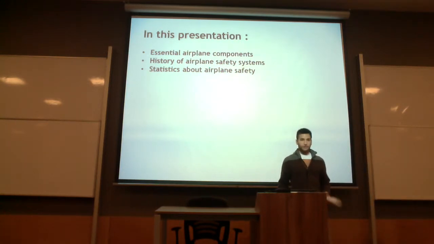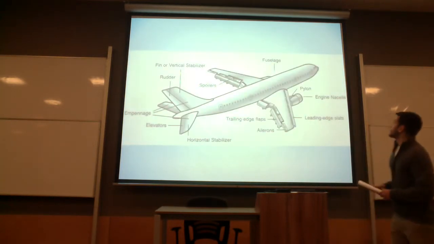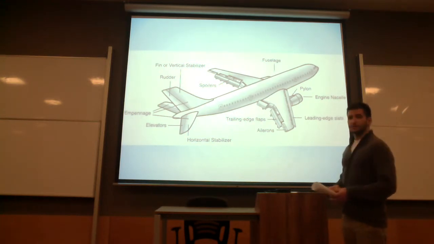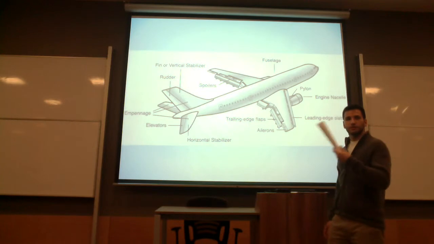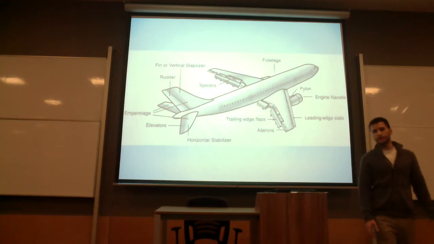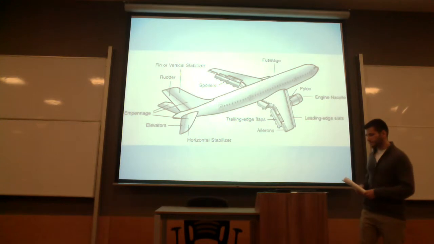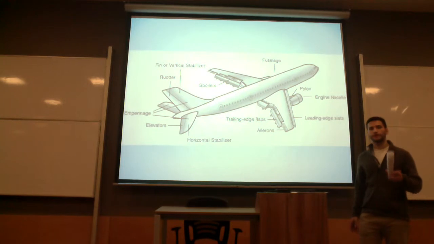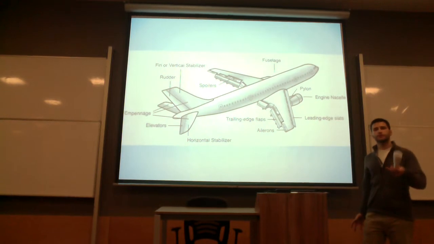Now, let's look at some essential parts of an airplane. In this slide, we see the essential parts of an airplane, but there is one system that operates with almost all of these parts, and it is the most important one. It's the hydraulic system. As Michael Seinel explains in his article, the hydraulic system is the most important part of an airplane. Airplane hydraulic systems use pressured liquid to perform physical work.